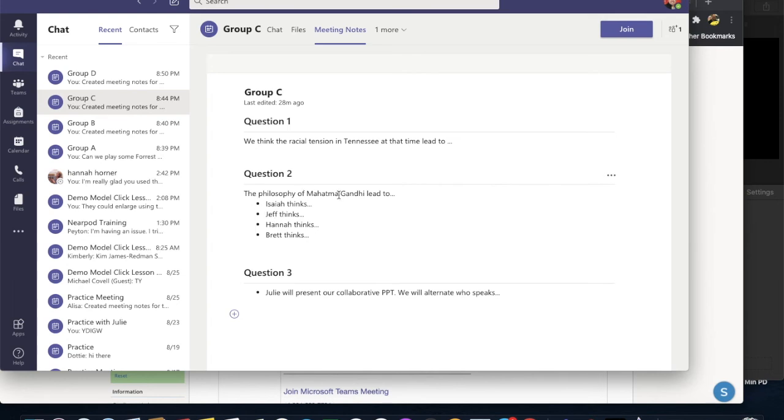The philosophy of Mahatma Gandhi led to, and then Isaiah thinks, Jeff thinks, and since this is editable by everyone that's signed into K-12, Isaiah would begin typing right here. Jeff would begin typing right here. Hannah typing right here. And they would input their response so they're ready to talk about it when we meet again as a whole group. Question 3,